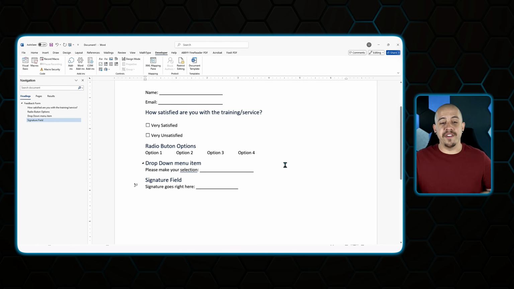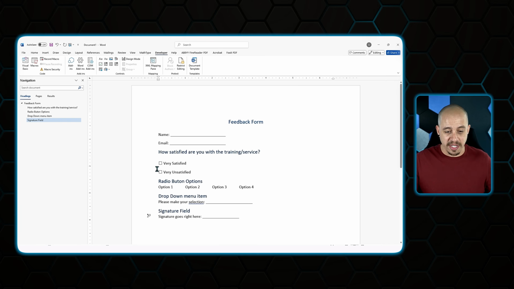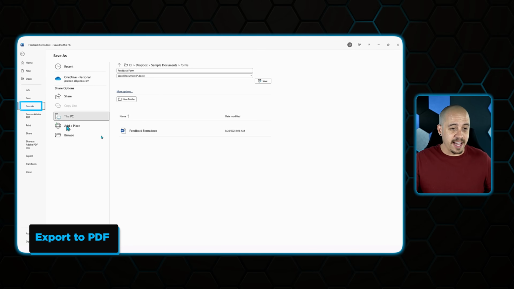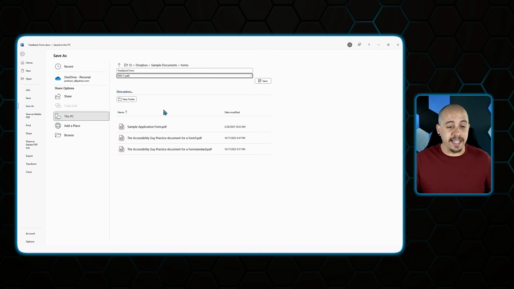So this is like a very rudimentary form. And we used a couple of options for our developer design tools. But again, these are not accessible. So just be wary of using them in Microsoft Word. And really what I wanted to show is how they can be used over in PDF. So let's save our file. And then we're gonna convert it over to PDF. Let's select File, Save As, and we're gonna change the drop-down menu from Word document over to PDF